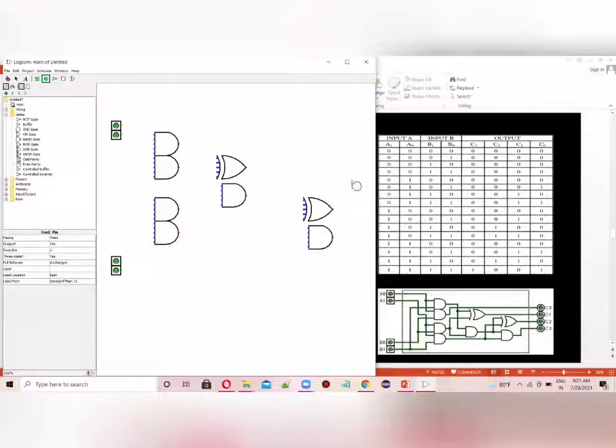There are altogether 4 outputs, so I'll take the 4 outputs here: 1, 2, 3, and the 4th output is here. Okay, now it's done.